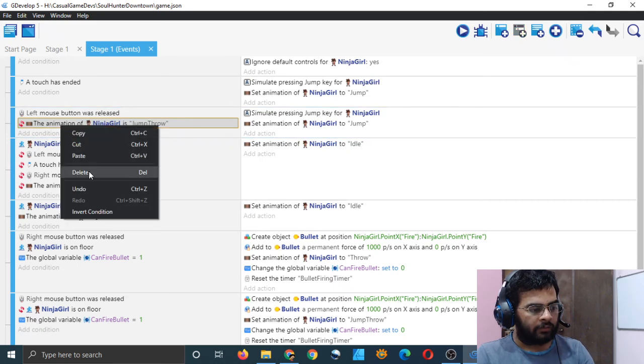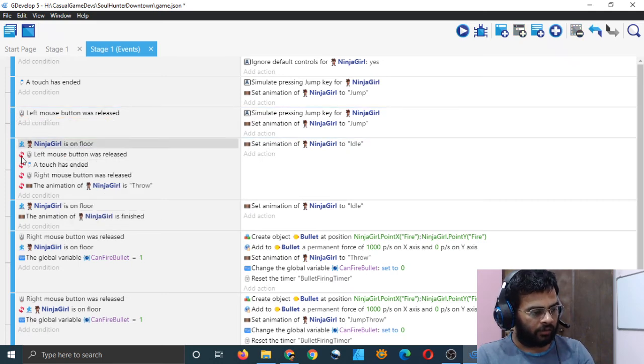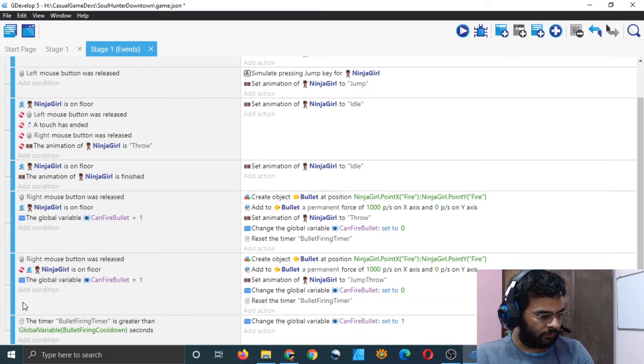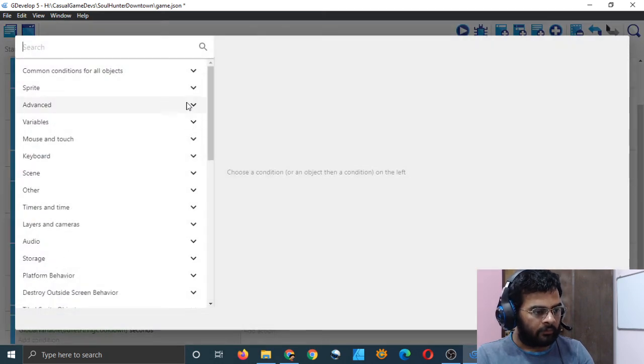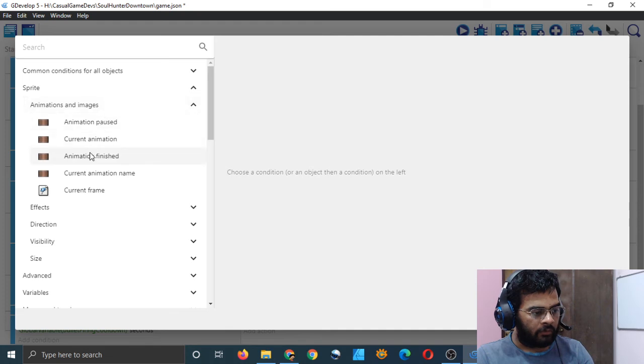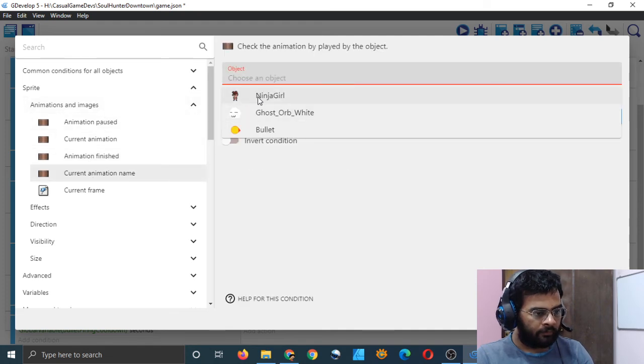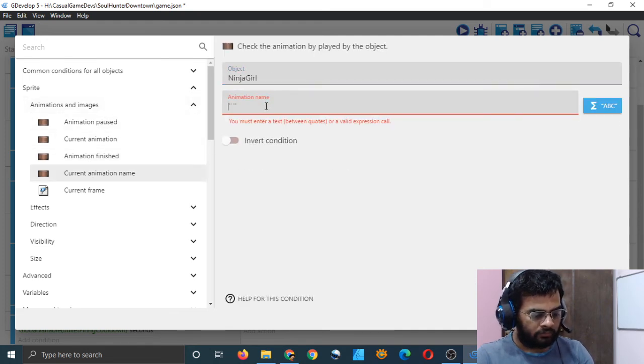I will delete that. I will add a condition after this condition. After this condition, I will add one event: right animation current animation name Ninja Girl jump throw.